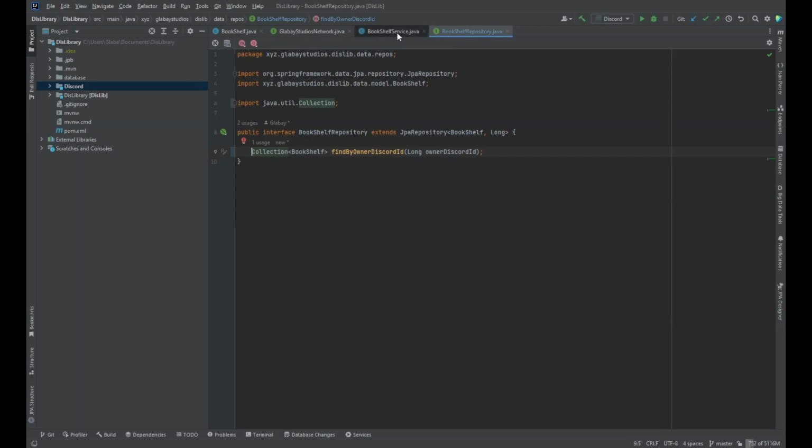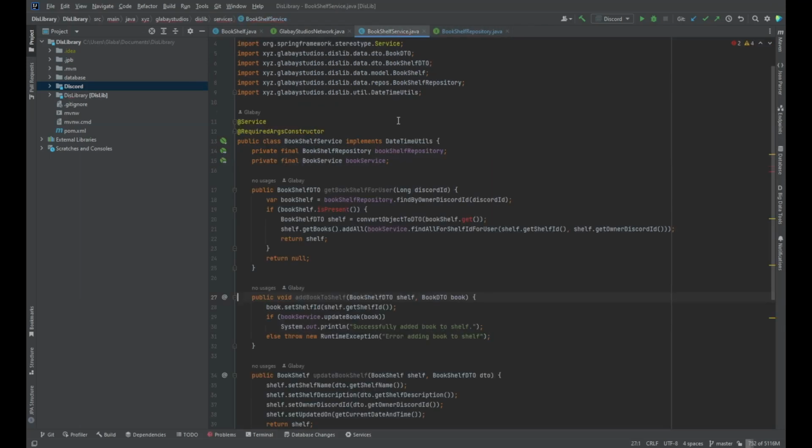So next, we want to dive over here to our bookshelf service where we're going to make a quick correction to this because this here is now going to be not an optional, so we're not just checking to see if it's present. Instead, we're going to wrap this in a little Objects.nonNull. So if the object in question is not null, then we are still going to convert it, but